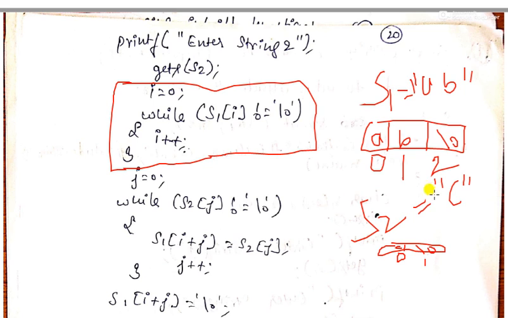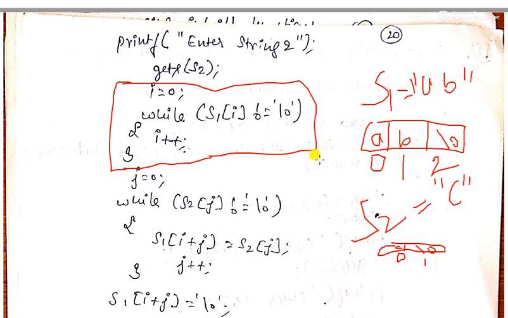Now if you concat this s1 and s2, what happens? AB and C. But in s1 we have only AB. If you calculate the length of the string s1, it will give only 2, A and B. After that only we need to attach. That's why here we first calculate the i value, which will be incremented to 2.